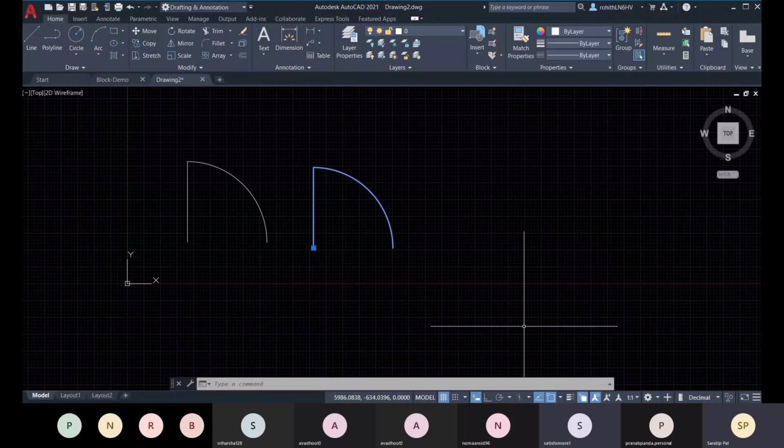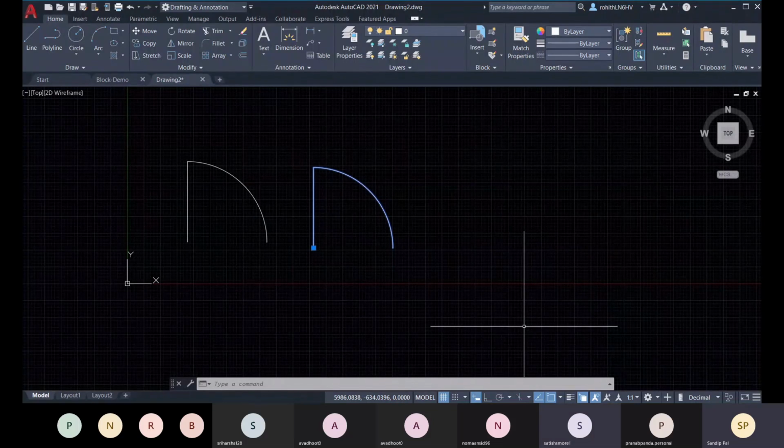Now tell me, what is the drawing length and what is the actual length? Drawing length is 900 mm. Don't go for a story. Just tell me directly. 900 mm is the drawing length.